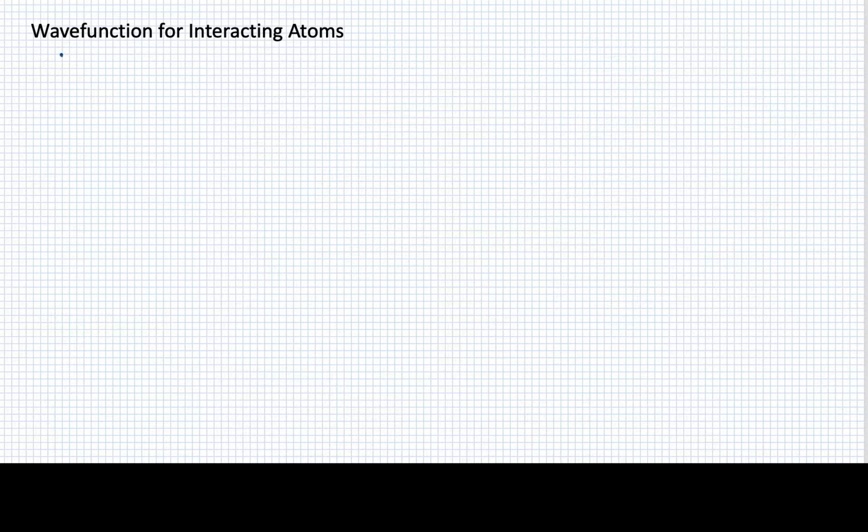All right, so I have one hydrogen atom over here and another hydrogen atom over here, and each of them is in a quantum state that actually is an atomic quantum state, but they're going to move closer together. And as they do, the electron on this hydrogen begins to feel the proton on this hydrogen, and vice versa. And that's what I mean by interacting atoms. They get so close together that they begin to exert Coulomb forces on one another. And so it becomes more and more difficult to treat them as an independent entity, and they become, in essence,